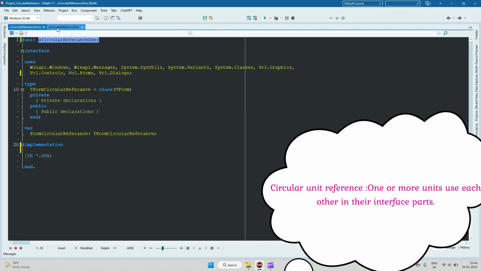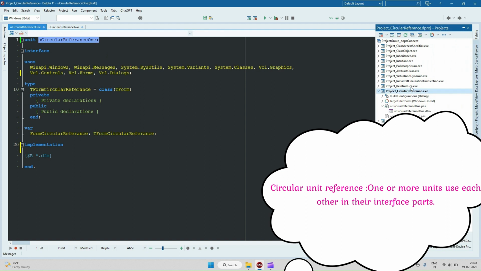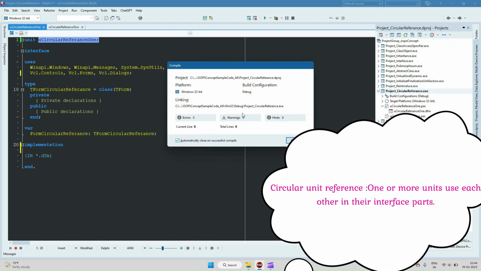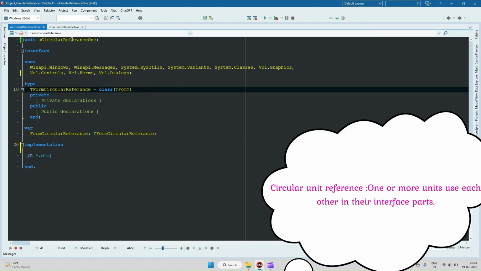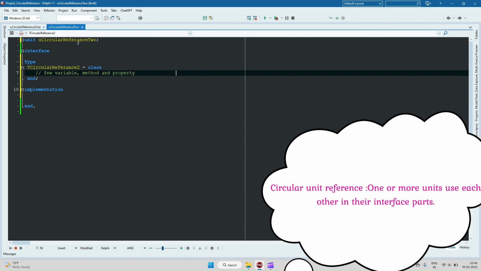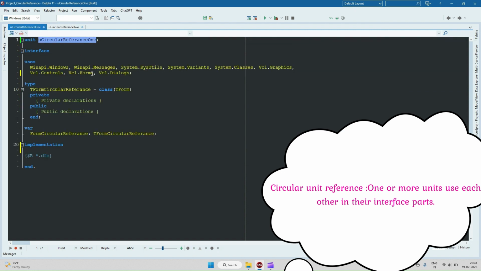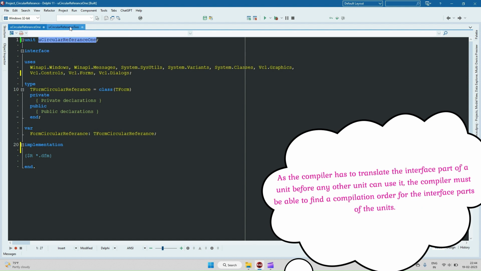Right? What I'm going to do is just compile it and see. It is not giving any kind of error, because there is no reference of unit 1 in unit 2 as of now, and unit 2 in unit 1. So what I'm going to do now is give the circular reference unit 1 reference into unit 2